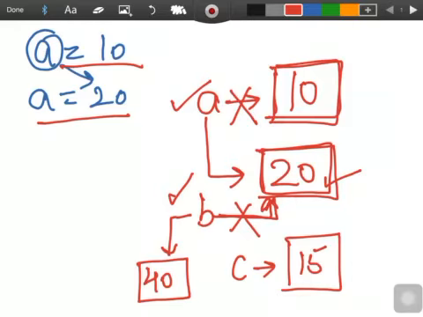So I suppose you have understood one concept, that whenever we are changing the variable, the variable is changing its location and not the value. So the value remains at one place, and that is why we call it an immutable data type. That is why integer is called an immutable data type, because 10, 20, 15 and 40 are stored at different memory locations. These will remain at the same place, only the variables which were referencing these values would be changing.